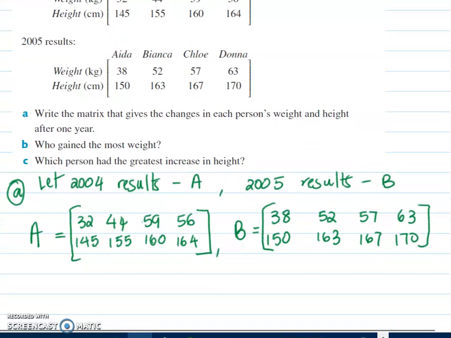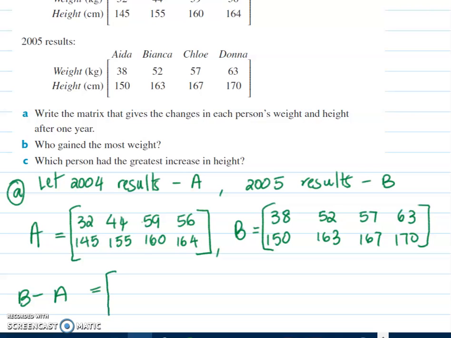Now, if you have a look, most of them have increased. Okay, so it just says write the matrix that gives the changes in each person's weight and height after 1 year. And because you can see that you're finding the difference, there's a couple of ways of doing that. I'm going to say B take away A, which means that if I just rewrite this,